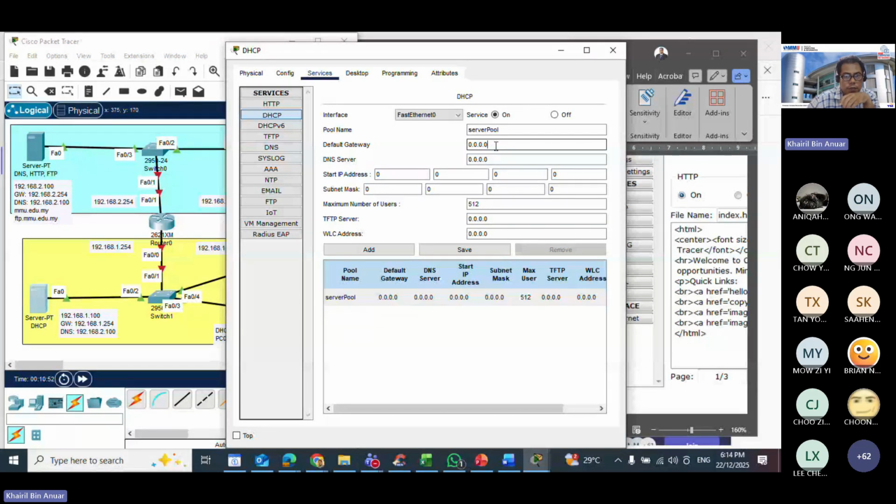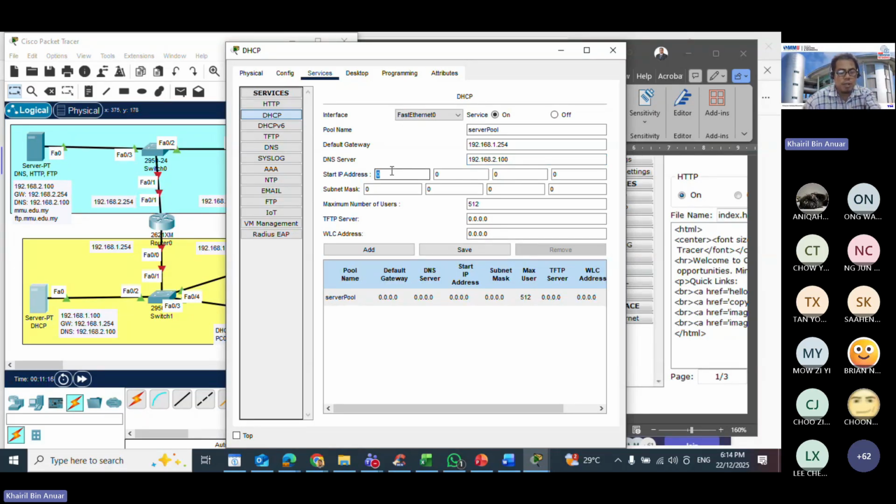So the default gateway here, you type 192.168.1.254. Okay. Then the DNS server is 192.168.2.100, similar to this one that we already have.